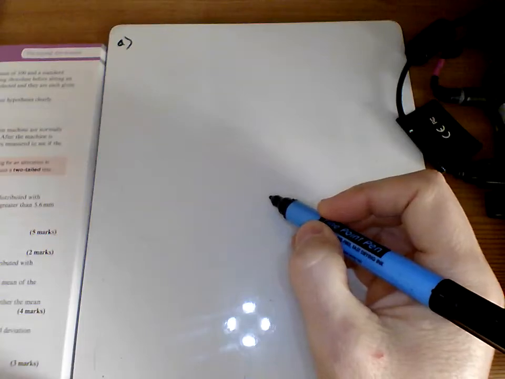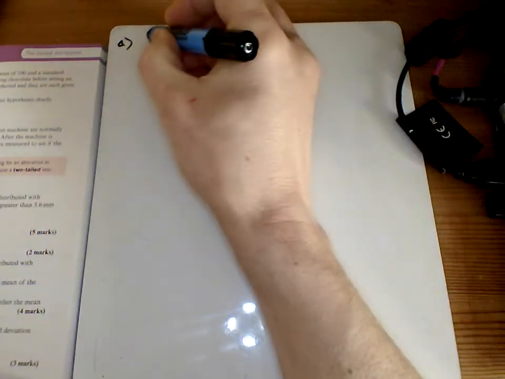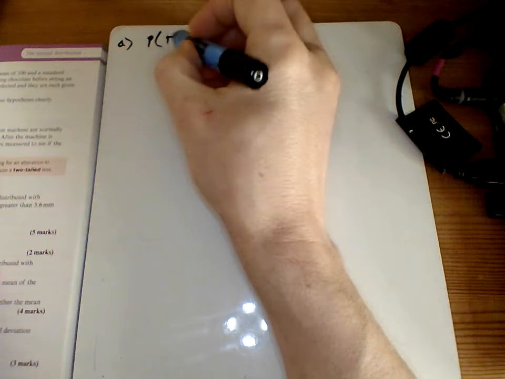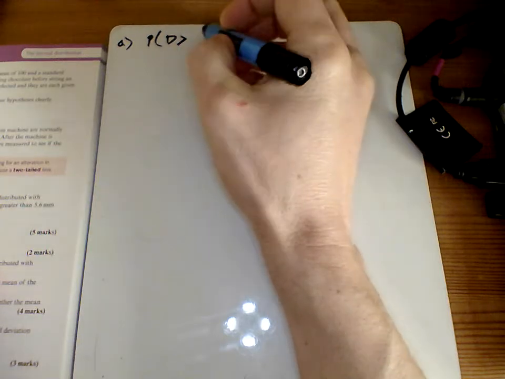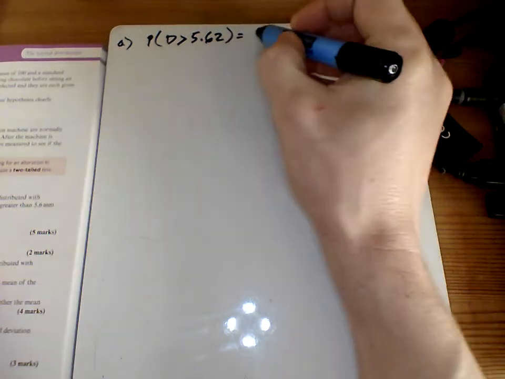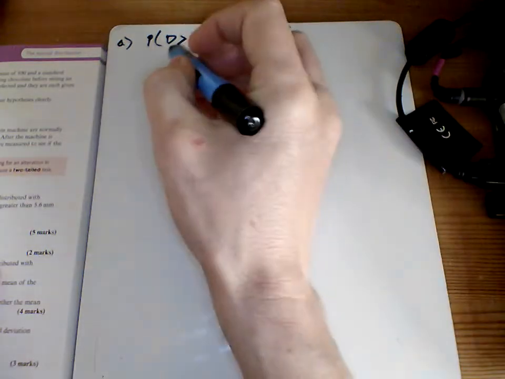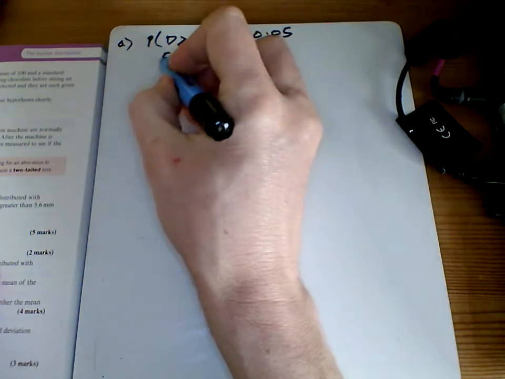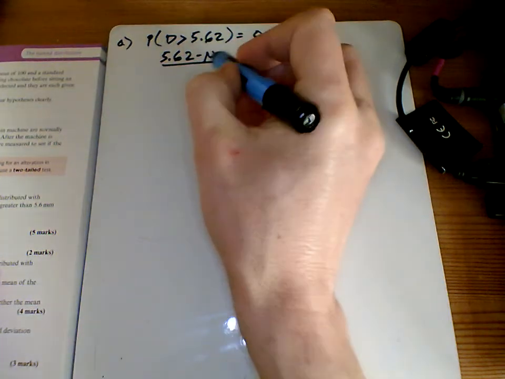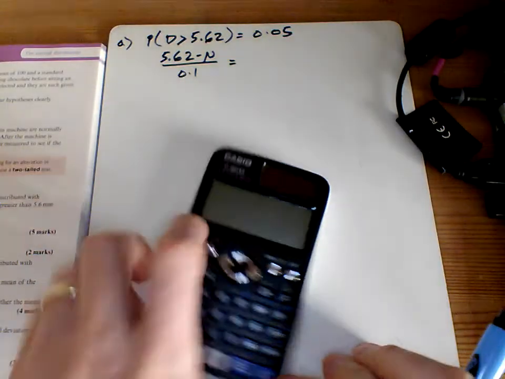Question 6. There's a lot to do here, covering each of the sections of this exercise, but we've started, lots of reading to go through beforehand, but the information we're told is that the chance of the diameter being greater than 5.62 is 5%. And we're going to use that to try and find out what the mean is. Remember, we can standardize this by doing 5.62 minus the mean divided by the standard deviation, which is 0.1, and I'm going to grab my calculator